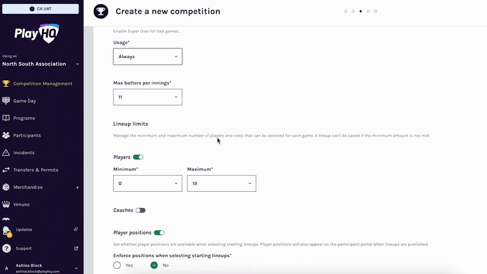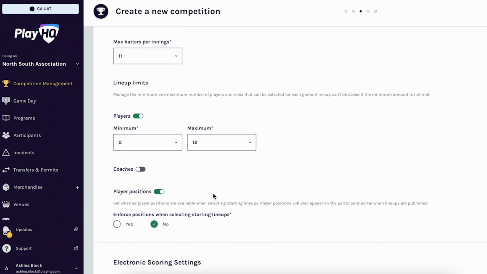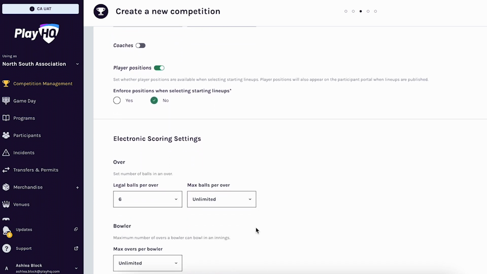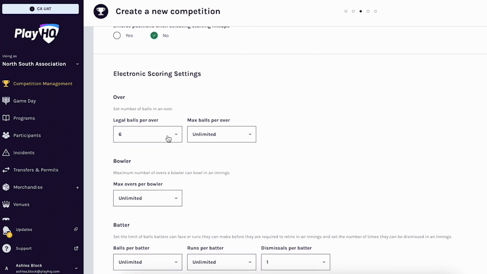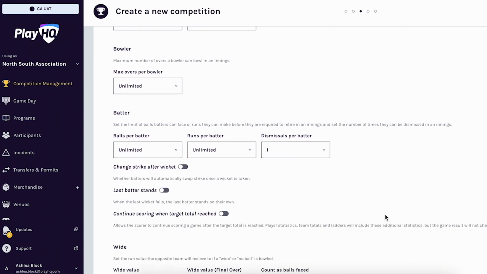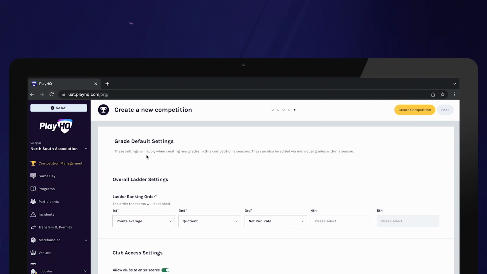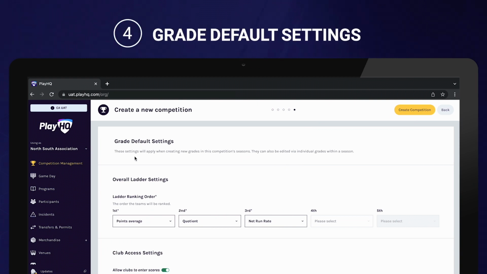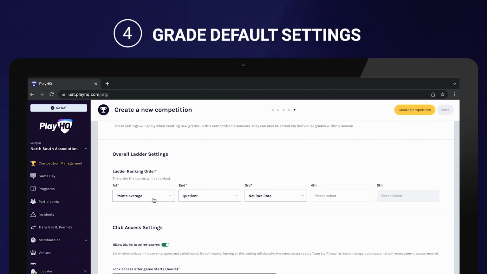As you can see, the remaining settings are the same as the 2-day games. Continue to work through the settings for 1-day and 20/20 games, making the relevant changes where necessary. Remember, we can edit these settings at any stage or make changes to individual grades as required. Lastly, we will enter the grade default settings for the overall grade. Similar to how we entered the ladder ranking order for each game type, we can now do the same for